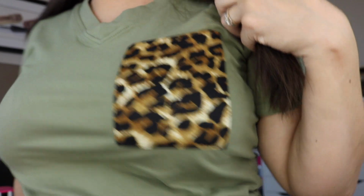Also, I love my shirt today. You gotta know that there's a leopard pocket right there. I got this on Amazon. There's a lot of good stretch in it, so we gotta dive in if we're gonna make time for all